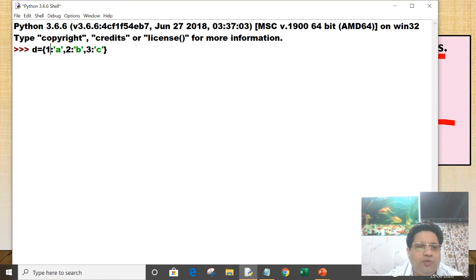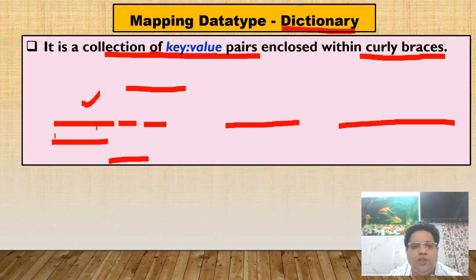Whatever you write before the colon is called the key, and whatever you write after the colon is called the value. So a dictionary is a collection of key value pairs enclosed within curly brackets.